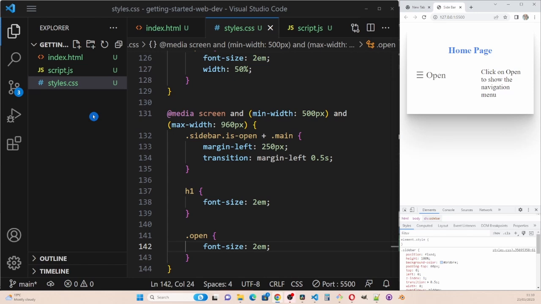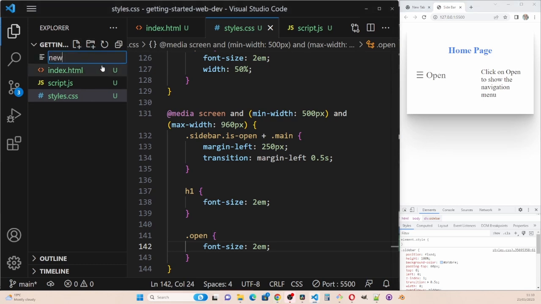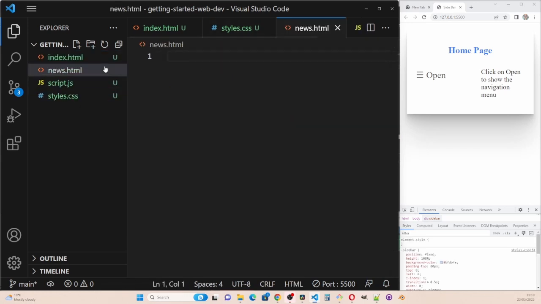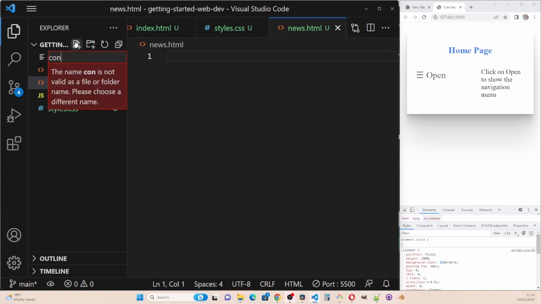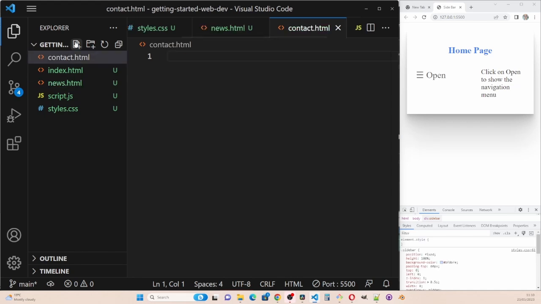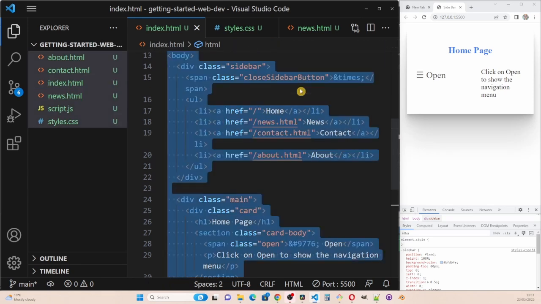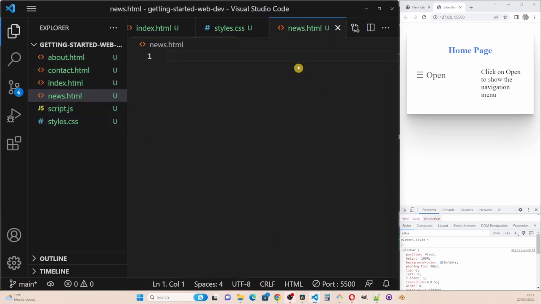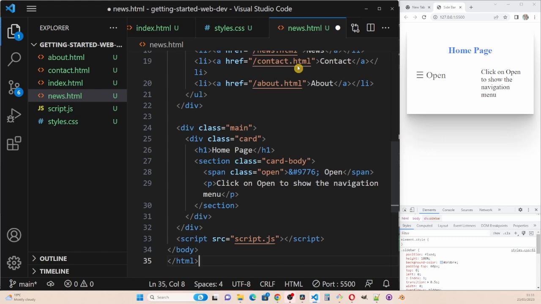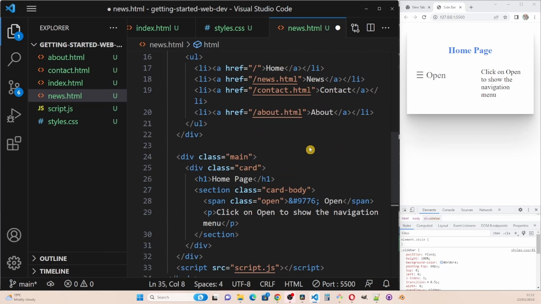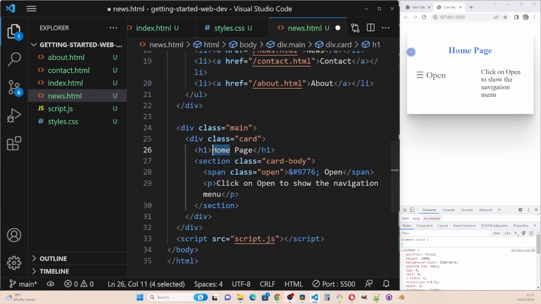So the last thing to do is to create the contact, news and about HTML files. Create news.html, contact.html, and about.html. Then go to the index page, copy it, and in the news, paste that, and where's this home page, put news,